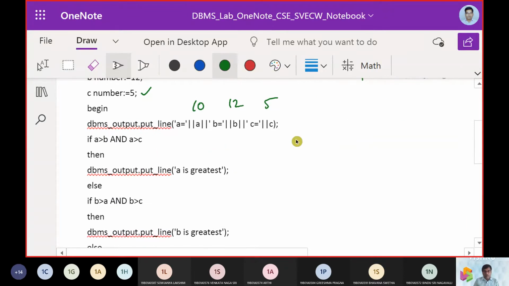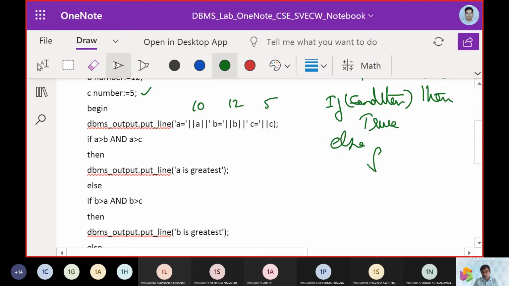Now the if part: if followed by a condition, then it goes with the true part, else it goes with the false part, and the if is terminated with an end.